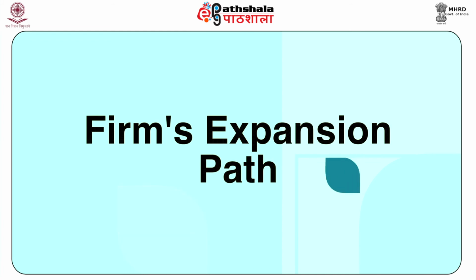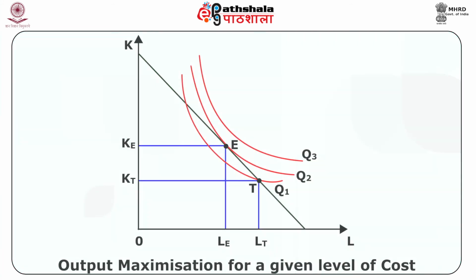The next section is firm's expansion path. In figure 7 above, we illustrated a single optimum least cost combination for a firm that gave the optimal combination of inputs for a given level of output. Similarly, there exists an optimal combination of inputs for every level of output the firm might choose to produce. In this case, the proportion in which inputs are used might not remain the same. This can be demonstrated using the concept of expansion path.